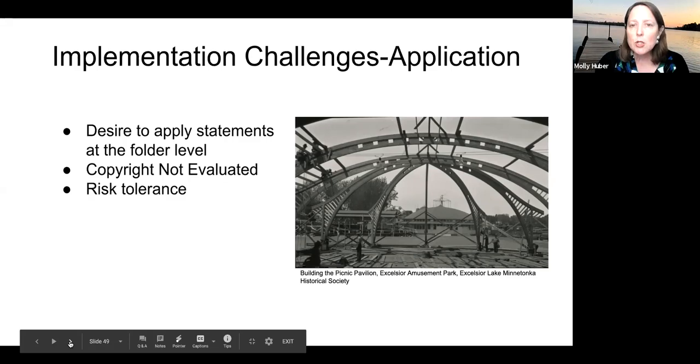But in a digital environment, it's hard to search at the folder level. You need to think about each individual item. And rights statements are going to apply to individual items. They're not necessarily going to apply to a whole group. Sometimes they will, but sometimes things are not all created by the same creator at the same time period under the same circumstances, in which case they might have a similar rights statement. Maybe it's a variety of things like a letter, a photograph, a program from something that's going to have a lot of different rights statements involved. So you really do need to spend the time to think about applying rights statements at the individual level.